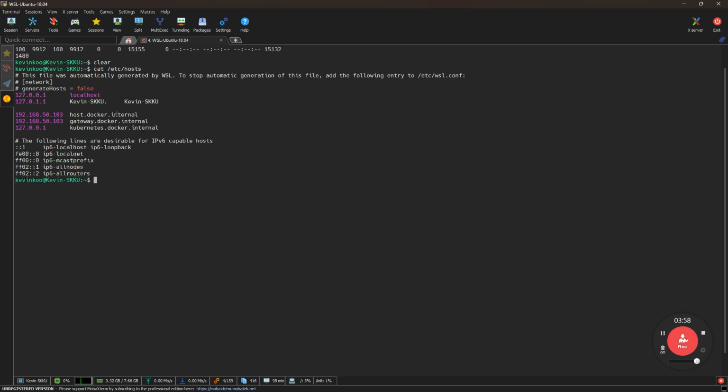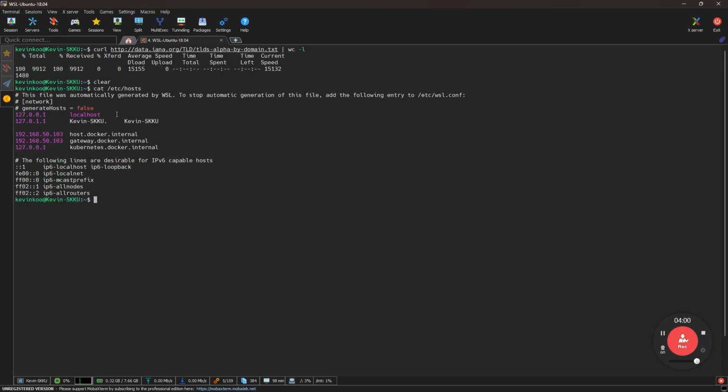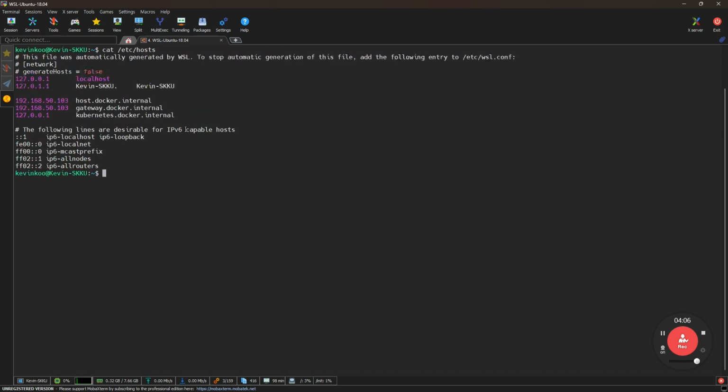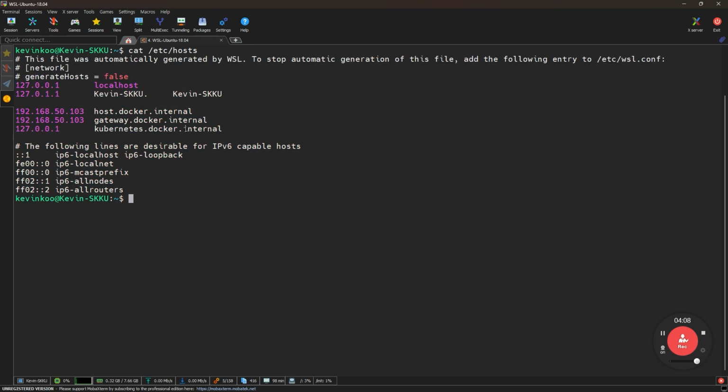Let me enlarge this thing. Okay, like this. So there is malware that tries to change this hosts file. In Windows, let me check.